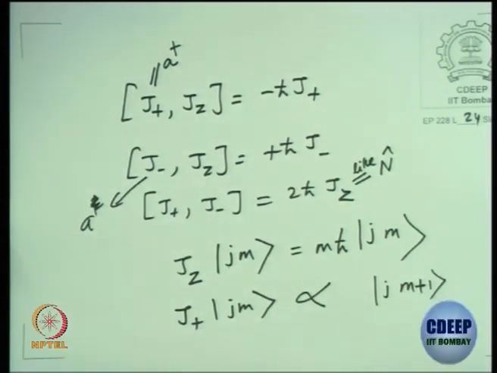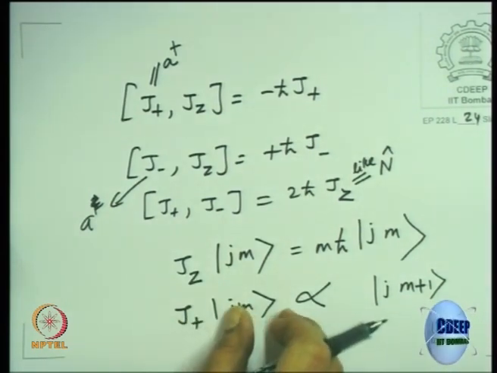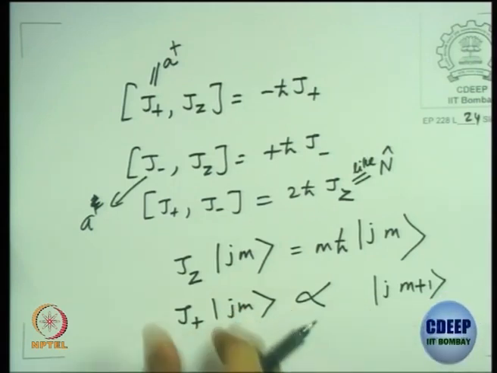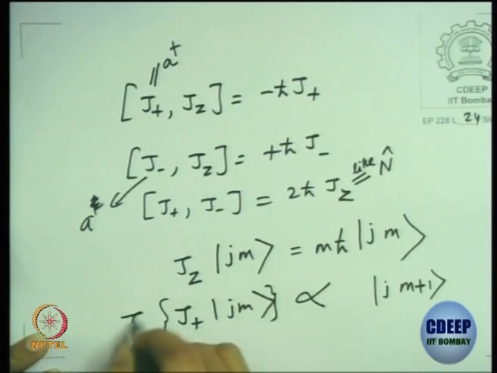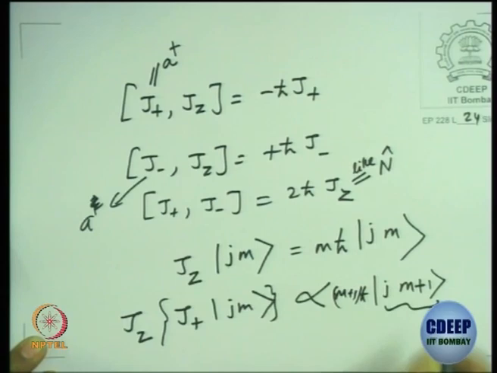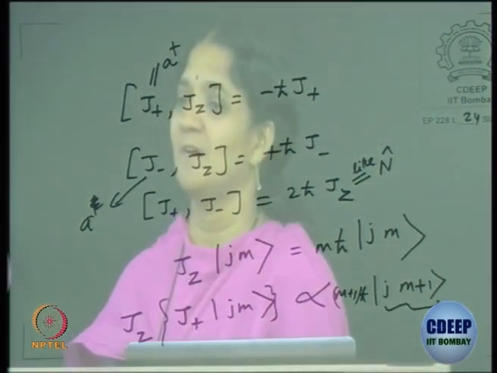Excellent. This is to make you think and do it. So use this algebra and try to figure out that it is like a ladder operator. It's not an eigenstate, but this one will be an eigenstate of Jz with eigenvalue m plus 1 h cross. That's why we wrote the state as such. Similarly, use this algebra to figure out that the next one will be a lowering operator. You see the power of algebra now, how we are exploiting it.